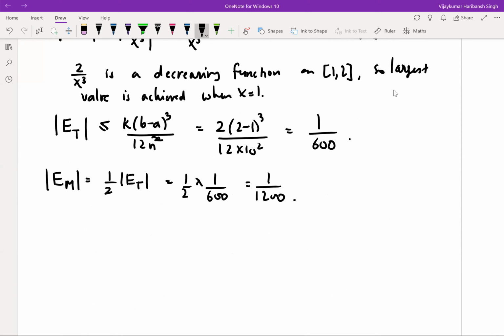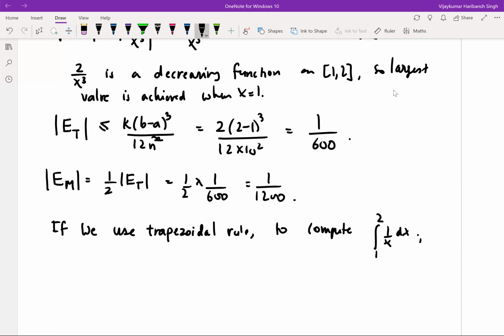So if you use the trapezoid rule, what is the meaning of this? If we use the trapezoid rule to compute the integral from 1 to 2 of 1/x dx, which doesn't need logs, without using logs, we will get the value of ln 2,